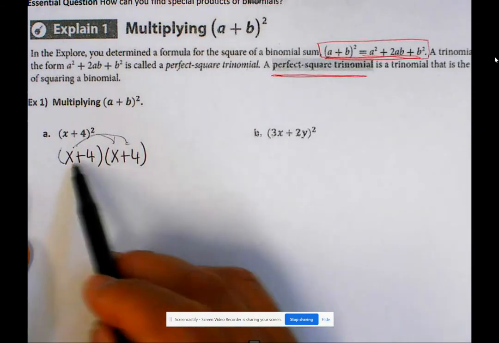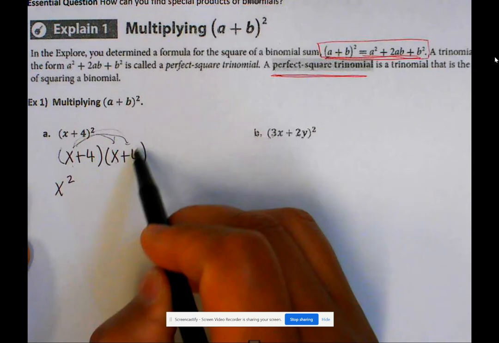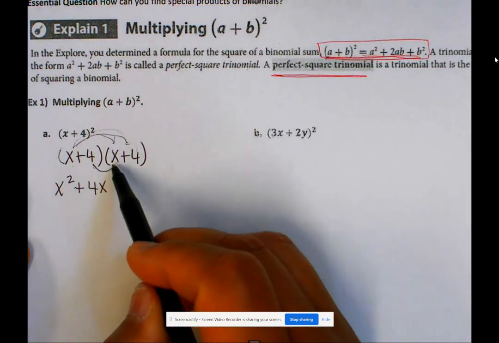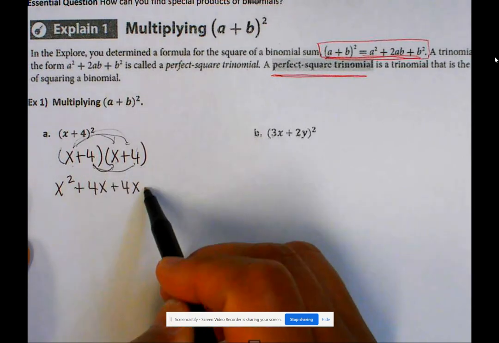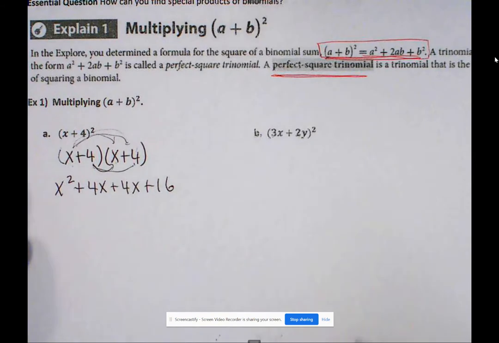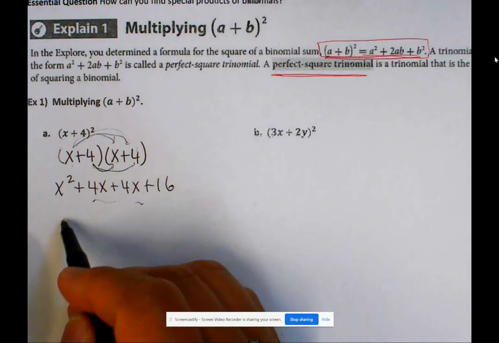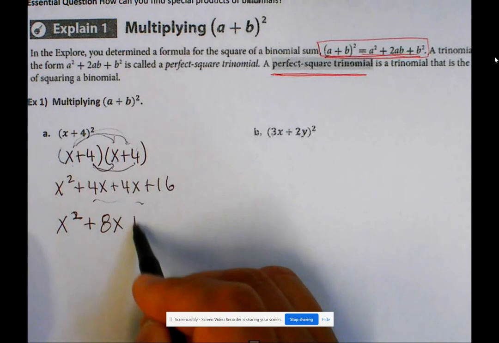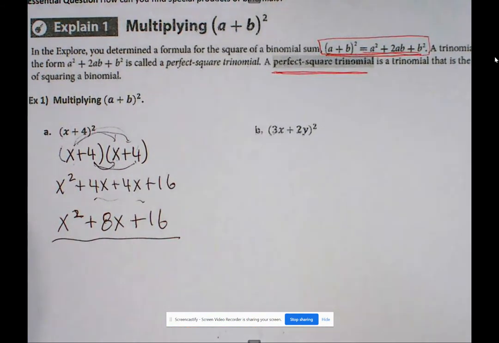All right, so x times x will give you x squared, and x times 4 will give you 4x, and 4 times x will give you 4x, and then 4 times 4 will give you 16. Combine like terms in the middle, which is x squared plus 8x plus 16. All right, this is your trinomial. Okay, however,